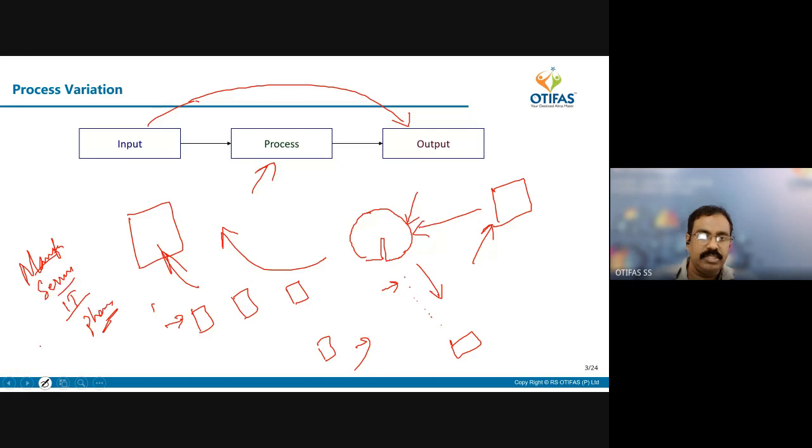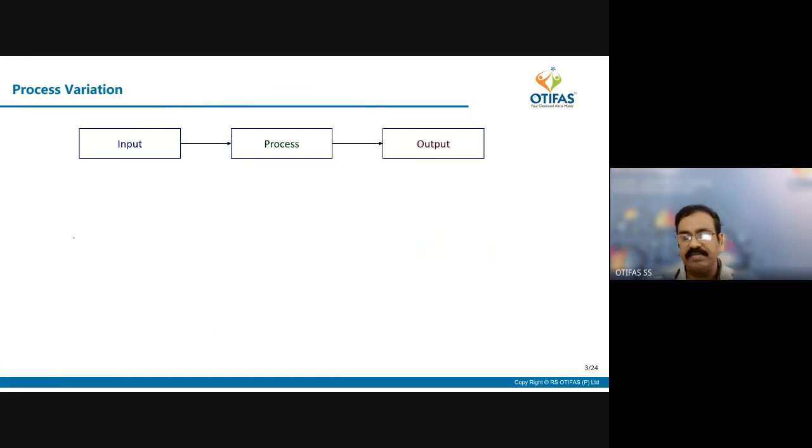So ISO says that whether it is manufacturing or IT, everything is a process. Before that, there was a concept that you go and check your output. But in 2000, ISO said that you should focus on process and inputs, because input and process make the output. If you approach problem solving with a process approach, then you can use it anywhere. Now it becomes a generic standard.